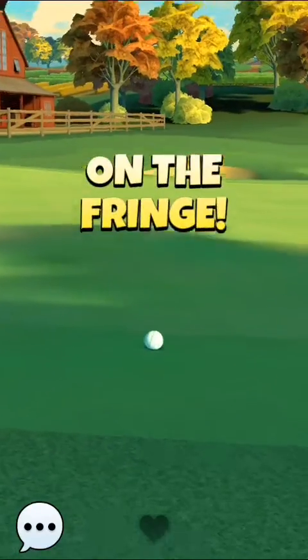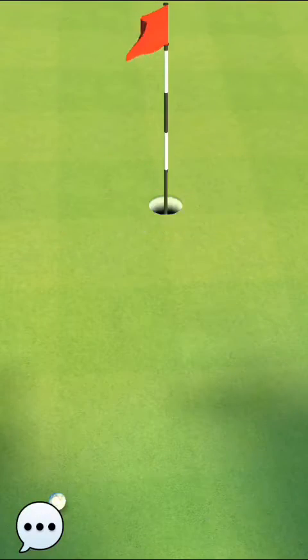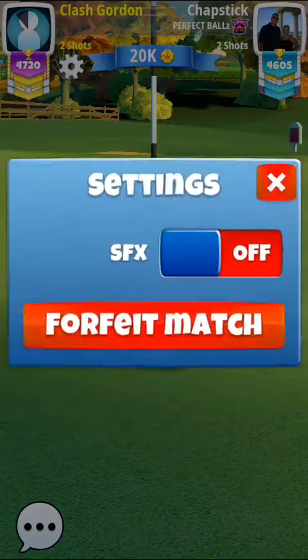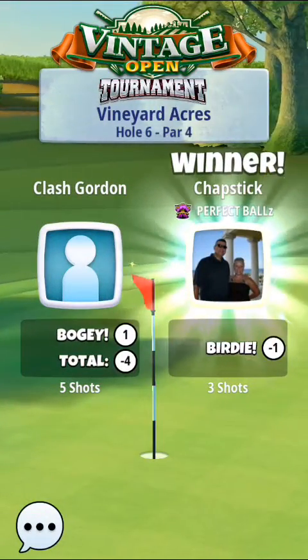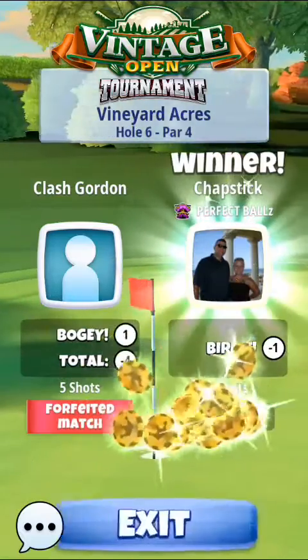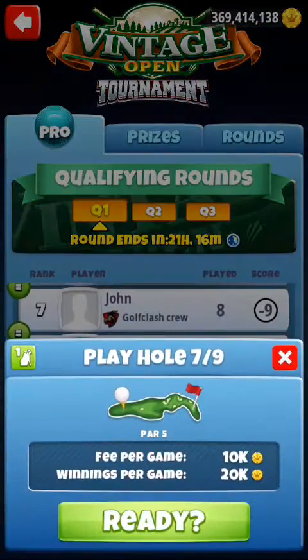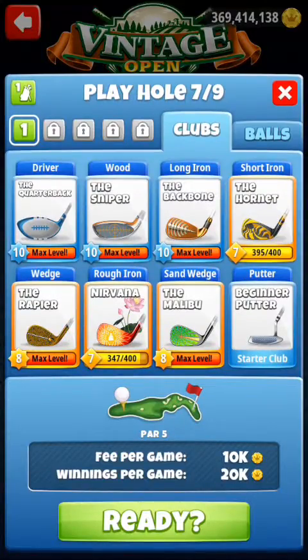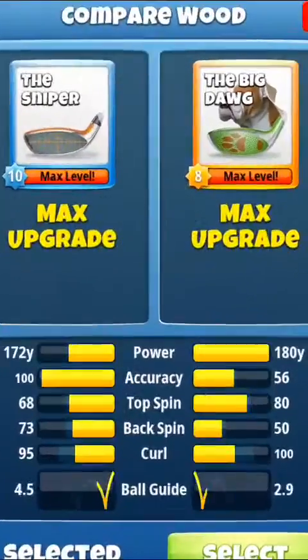Looks like we got some sort of replay glitch with this. His drive showed to land in the rough, and he hit from the fairway and sliced both shots, and they both acted like perfect balls, so definitely some glitches going on right now, but it's not affecting my play at least, so